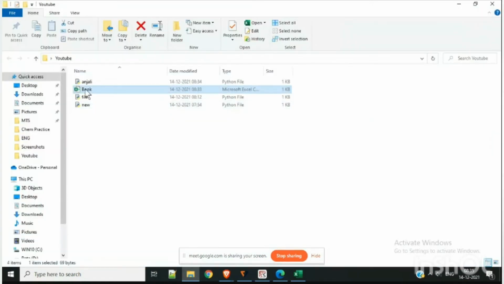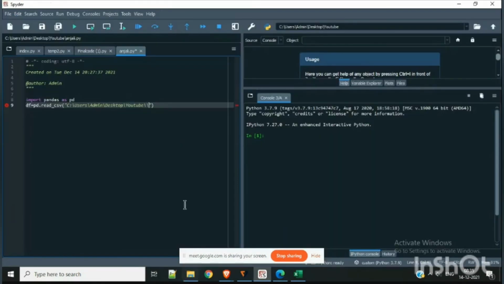Now the name of my CSV file was book. So book was the name of the CSV file. Then at the end, I'm going to put .csv. Now one more thing you have to do here is, you have got 1 slash at all the places. You have to make it 2 slashes. So as soon as you copy paste the location, you have to convert that 1 slash to 2 slashes. Okay. So here we have got the location of a particular CSV. Don't forget to enter the name of your CSV.